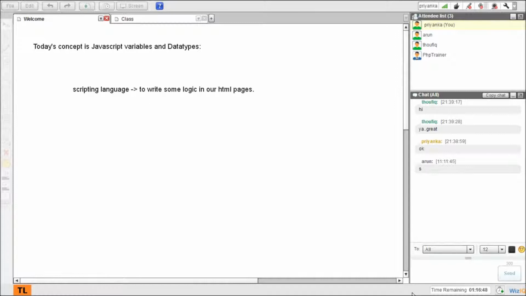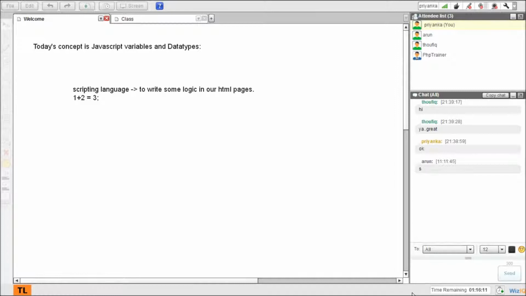Now when we talk about logic, what exactly is logic? Suppose for instance I say 1 plus 2 equals 3. This is what we know: when we add 1 and 2 we get the output 3. But we can write a logic for this, like to add two numbers. That's again a logic: you supply two numbers and it gives the output. That is a kind of logic. So how do we do it in a programming language? As humans we can calculate, but how about a programming language?